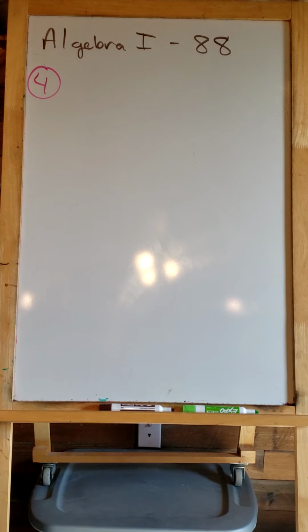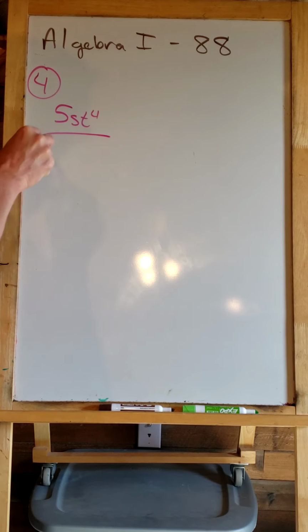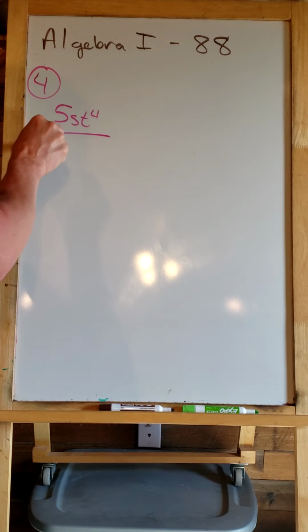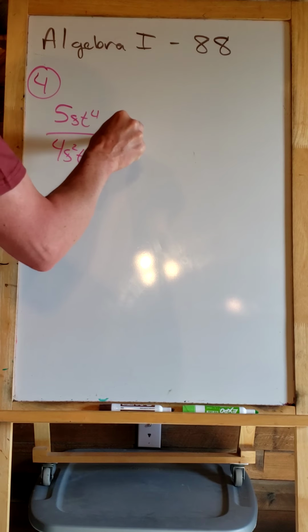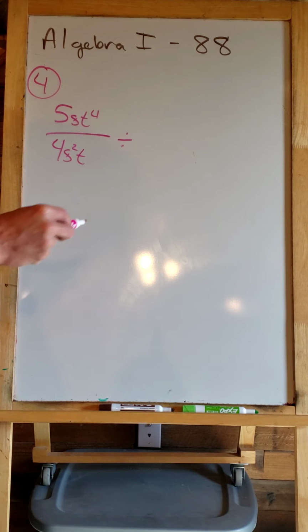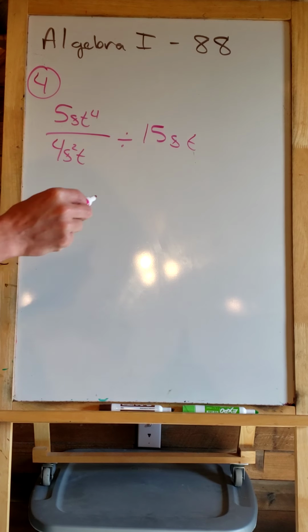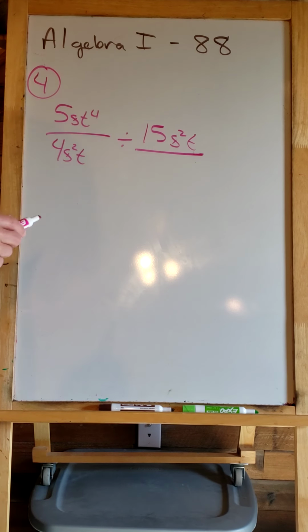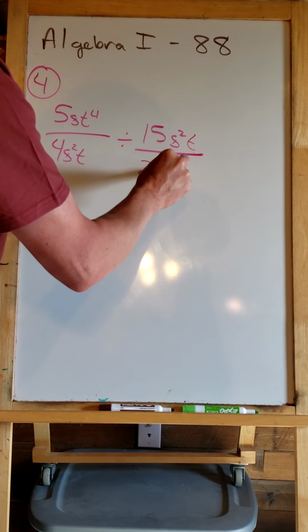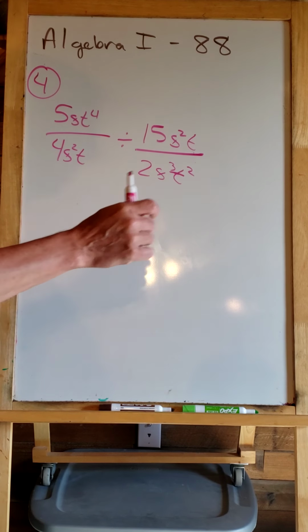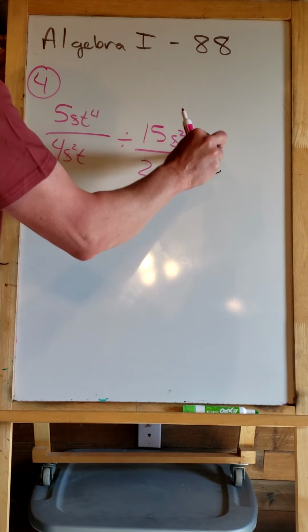So 4a, 5st to the fourth over 4s squared t divided by 15s squared t over 2s cubed t squared. Now, going back, don't forget, when we divide fractions, we need to make sure we flip